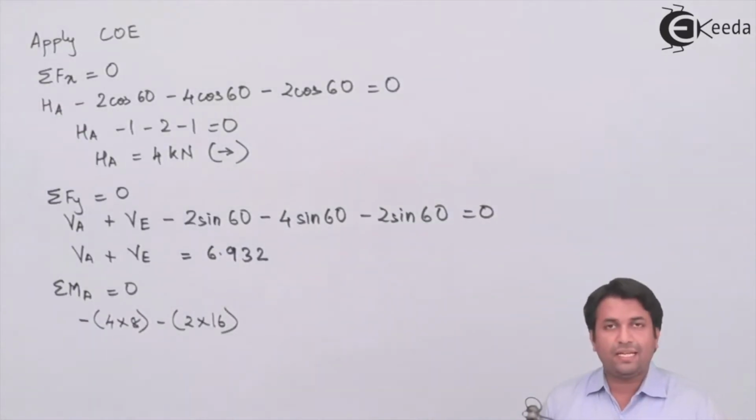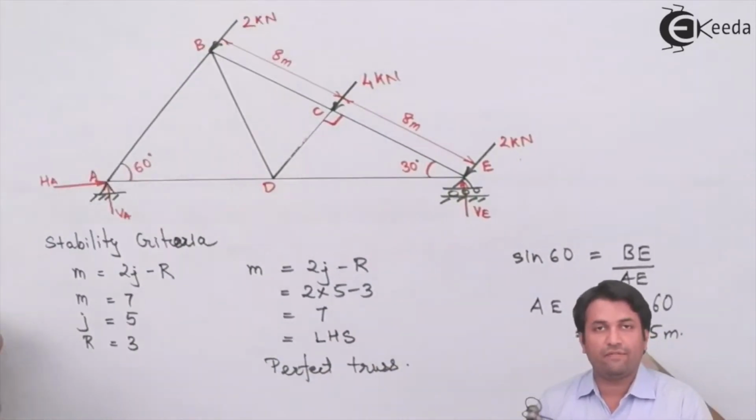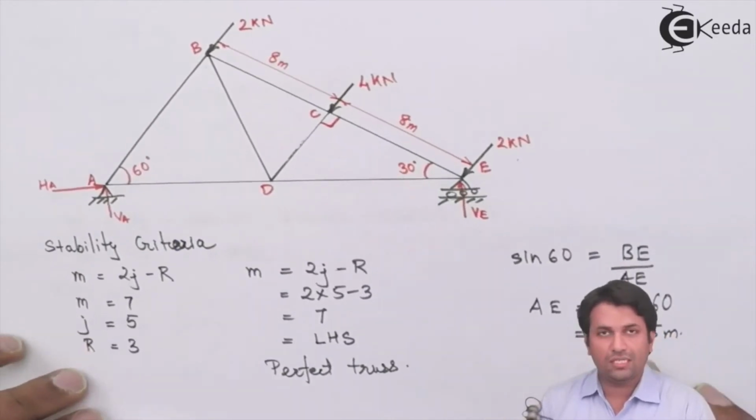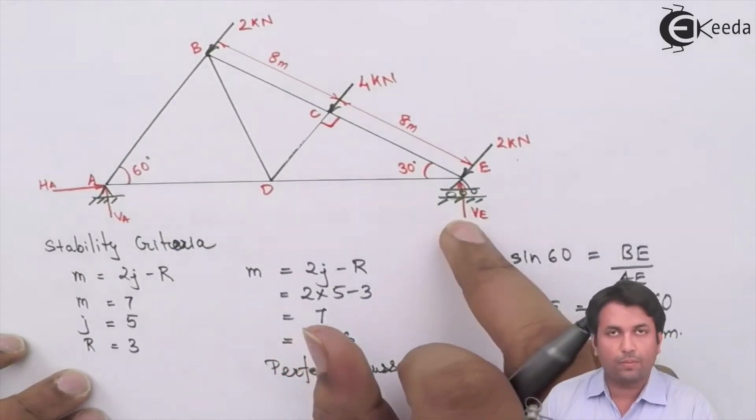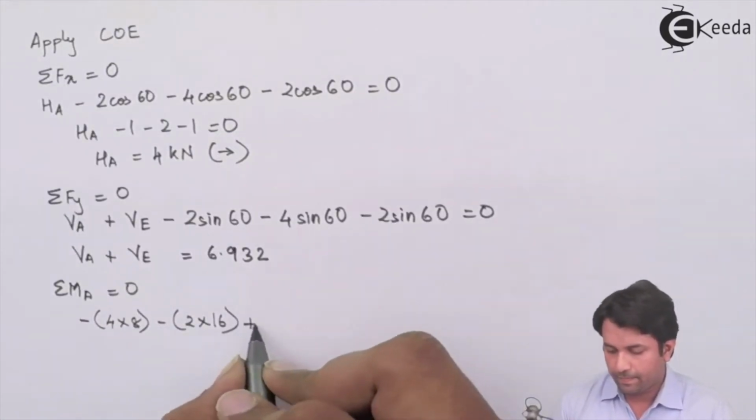The distance that I'm getting between the points A and E comes out to be 18.475 meters. So when I use this distance to find out the moment of VE, we get the equation to be as